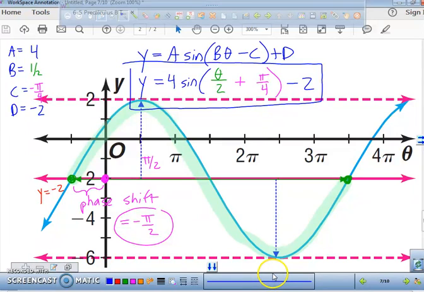What did we interpret? We interpreted the amplitude, which found us our A value. We interpreted the period, which helped us find our B value. We interpreted the phase shift, which helped us find our C value. And then the D value is the easiest part. That's just your vertical shift of